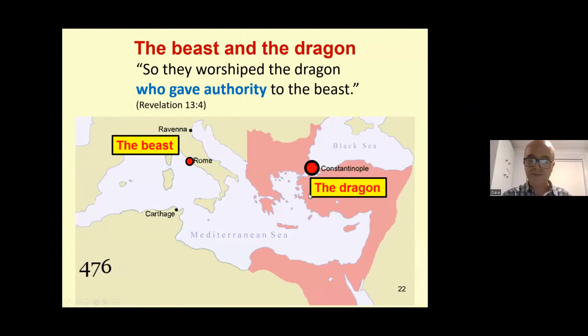And so remember that the Western Empire, look at the year, 476, the Western Empire had collapsed and was being ruled by the 10 horns, which now have the crowns on the heads. The Goths ruled over this Italian peninsula. The city of Rome itself